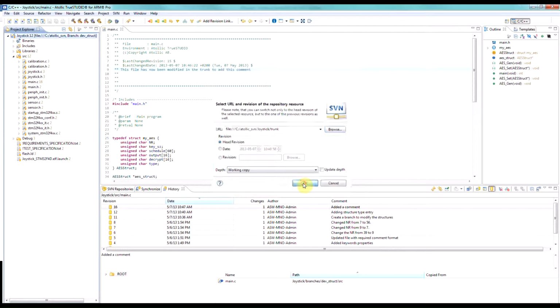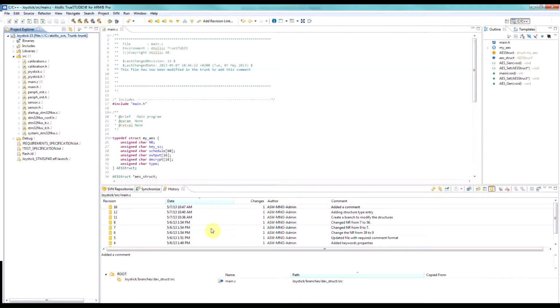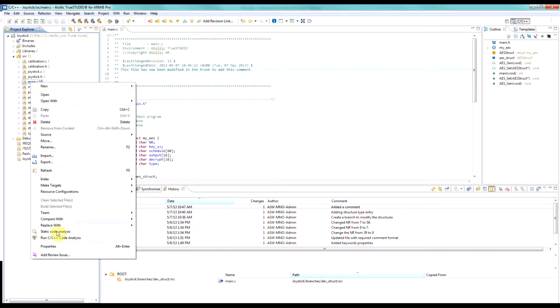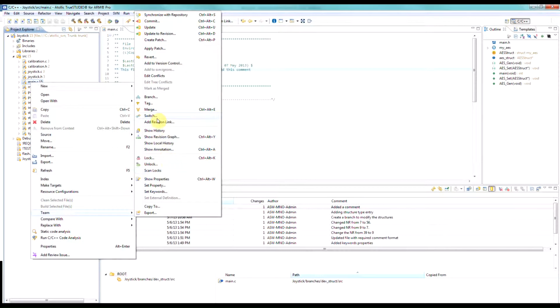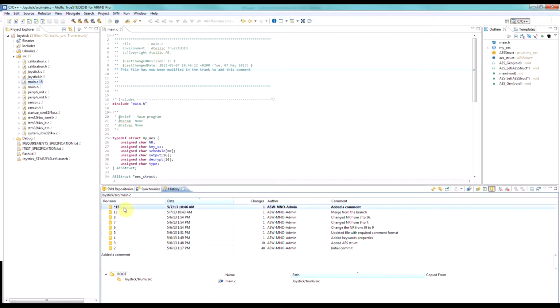to the trunk, and once again look at the history, you'll now see a different set of numbers, because effectively these are the changes that were made in the trunk rather than the changes that were made in the branch. And of course in this instance, because it's the trunk, you can't effectively remove anything out because there's no copy. This is the trunk. And you'll see here this was the merge from the branch, and then this is the